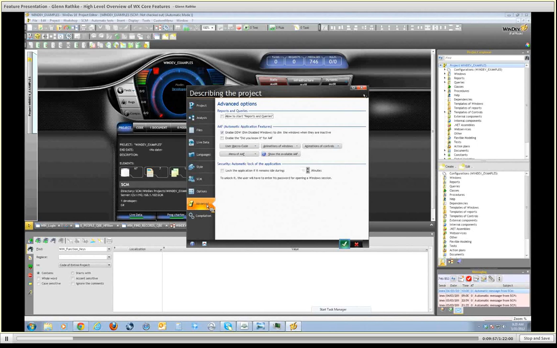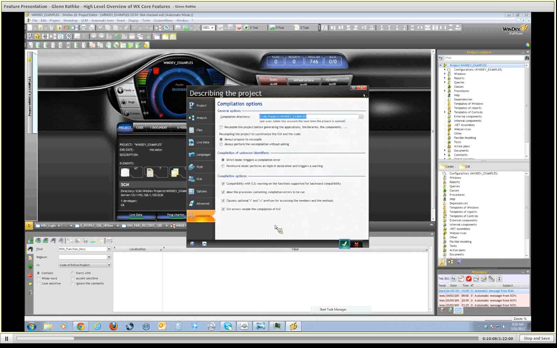Or create new ones. However, you could create a pop-up menu for a different control and add functionality in there. Cool. We talk about how we want to compile the project, if we want it to be strict or not, and if we want it to honor settings back from WINDEV